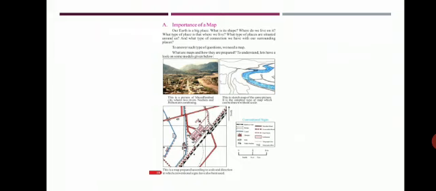Okay, but before explaining this picture, here it is written "conventional signs." So what are conventional signs? This is a map prepared according to the scale and direction, in which conventional signs have also been used.